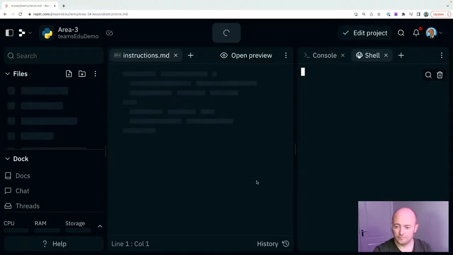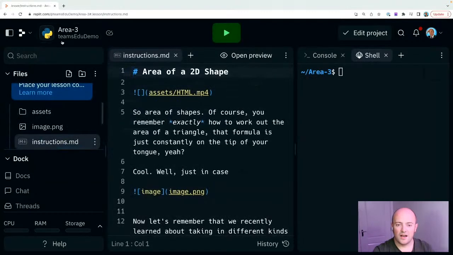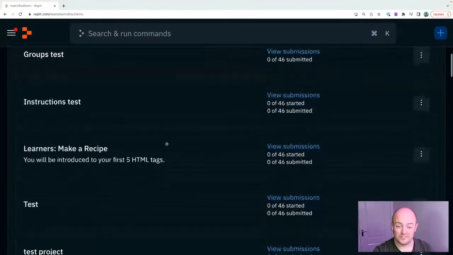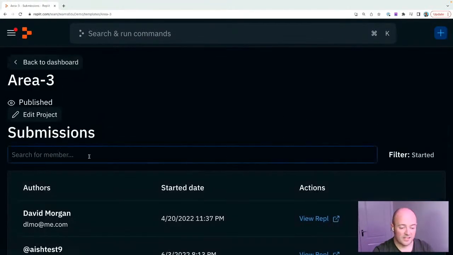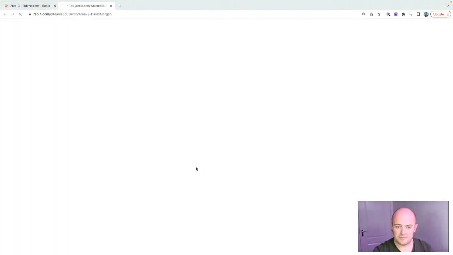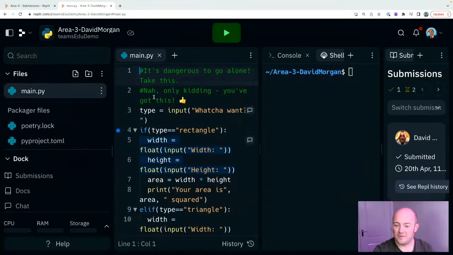So once again, I am not in the right place. I'm not in the right place because where I am is in the teacher edit view, and this person's been talking about students' work. So let's go and look at some students' work. There is some submissions. Let's see what this chap has been doing. He looks like a dodgy fella. It's me. That's why. I've got my submission there.